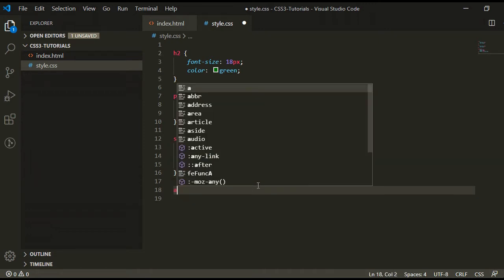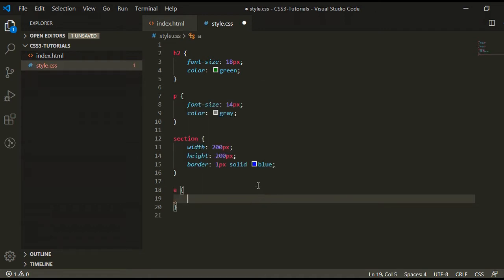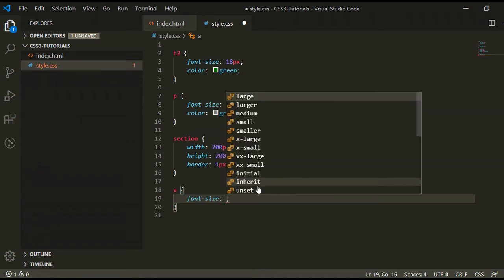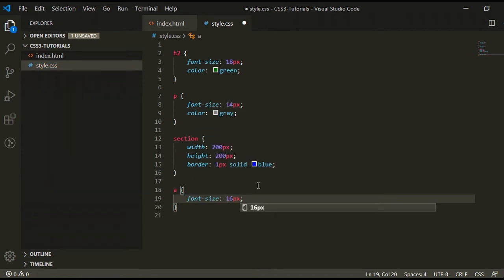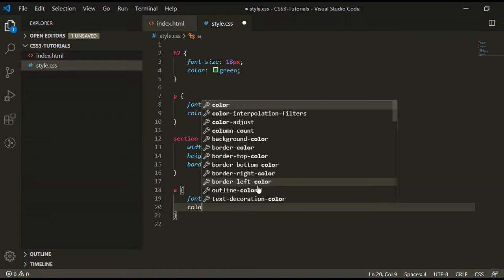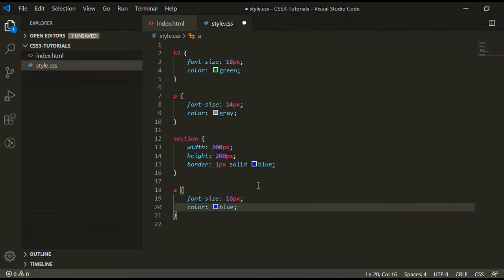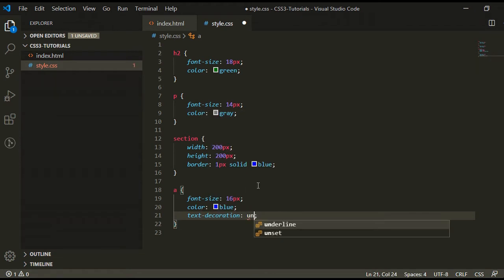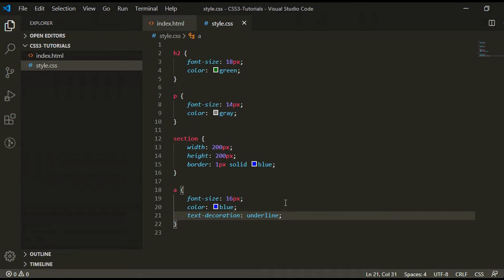Same as we can select the anchor element, and we can write some properties for this like font size 16 pixel and color blue, and also we can give the text decoration underline so it can be easily identified as a hyperlink.